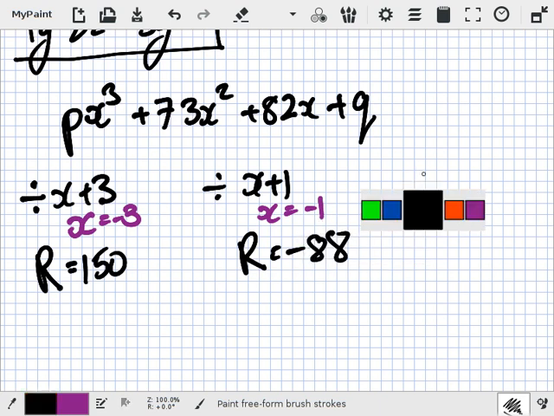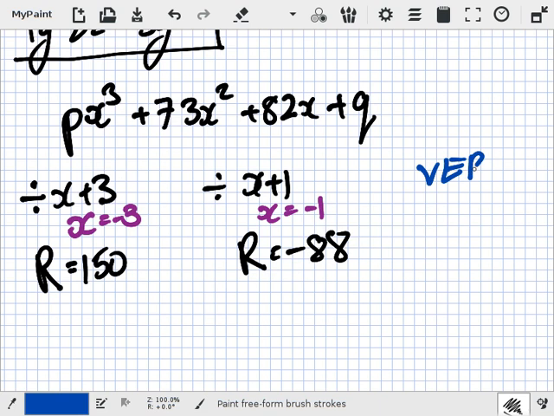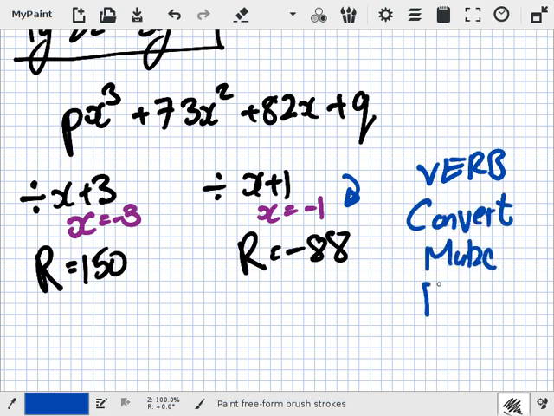Here's a good English question now. What verb could I use to describe what I did there? Solve. Solve you can use for everything, and simplify. Anything else? It doesn't have to be a mathematical verb. What about a verb like convert, or just make, or even just find x. That would do it then. Okay. Anyway,